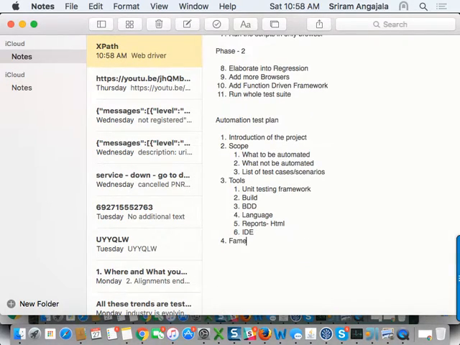Okay, and framework. So what kind of framework are you trying to use? You have to write. It may be BDD based, function driven or page object model, whatever it is. Write the name. Okay, and write the folder structure. So what folder structure are you trying to follow, and what is your base